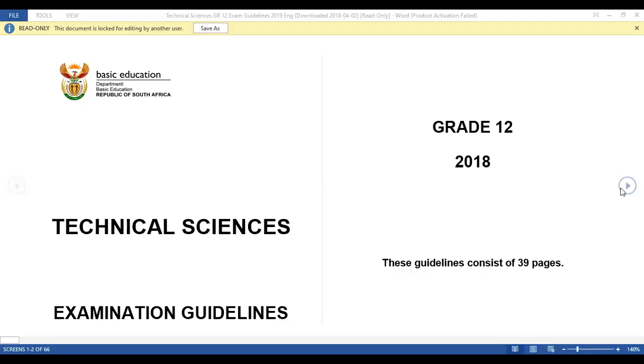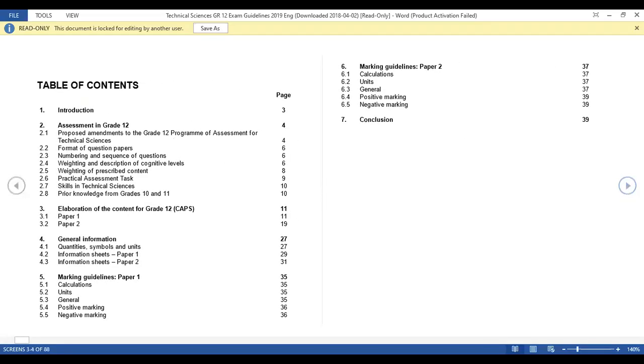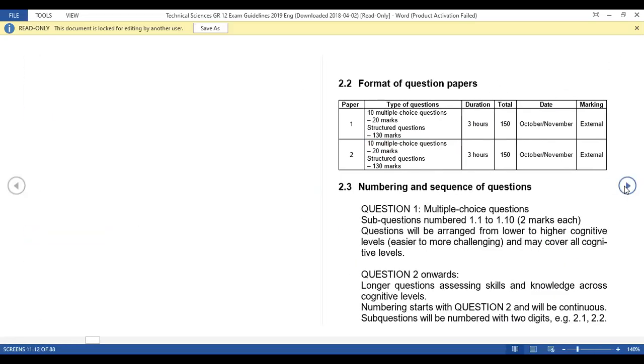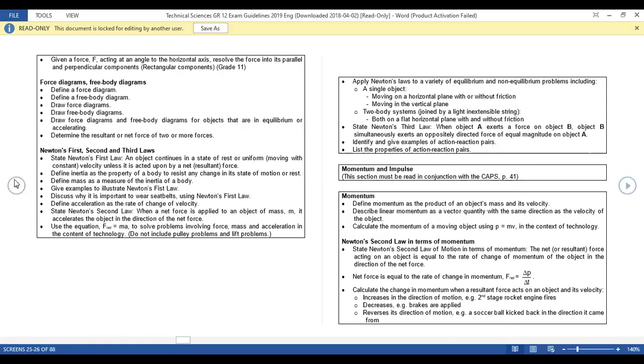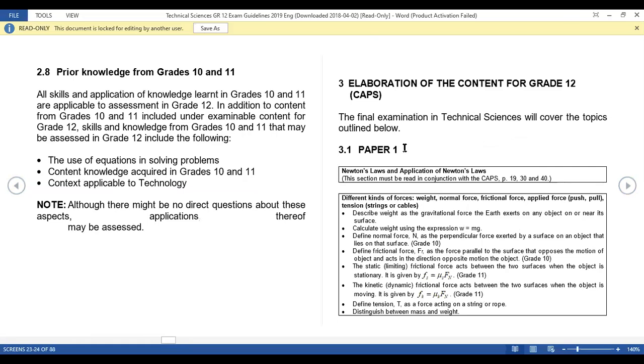Right. Now, just check there from your examination guidelines. This is what you need to know with regards to Newton's first law of motion. Right. There we go. Under these Newton's laws and application of Newton's laws, remember you must be able to describe what weight is, which is your gravitational force. You must be able to calculate weight